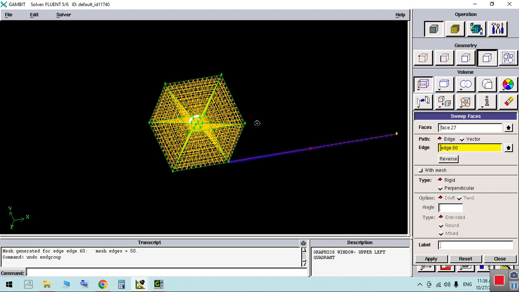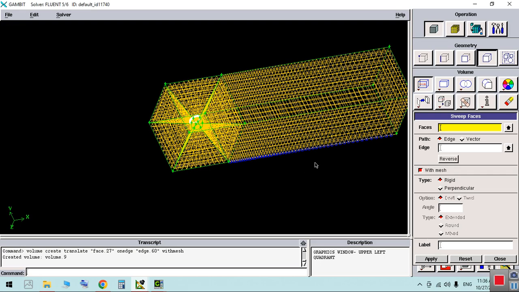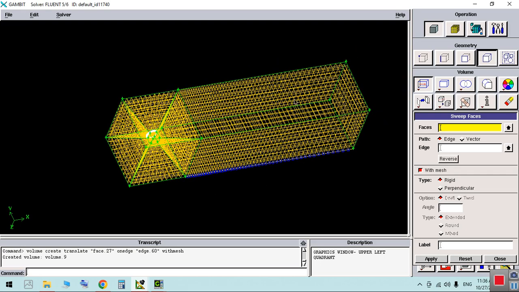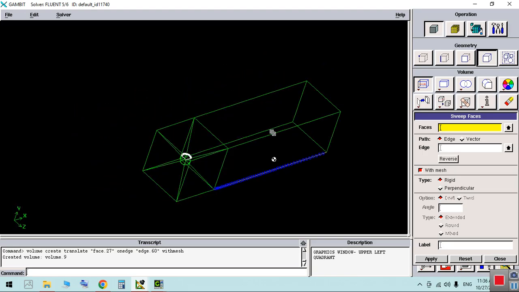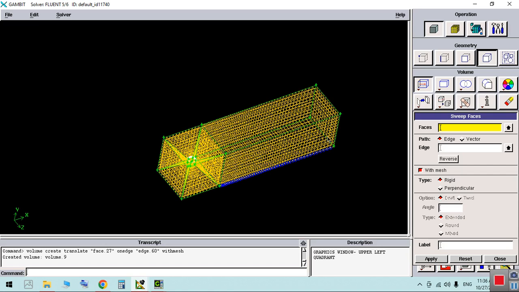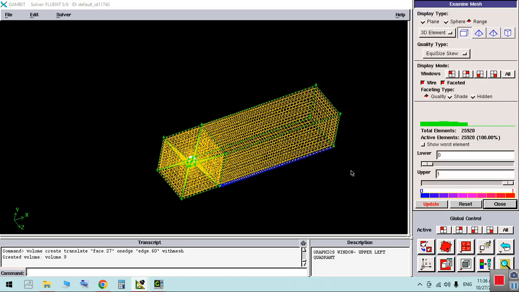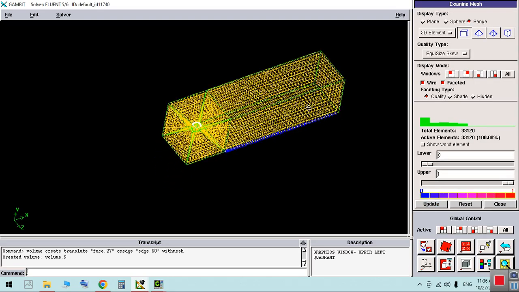But if I want to have it meshed by the pattern on this edge, it is just enough to select with mesh. Okay, apply. Well, as you can see, we have a meshed block with the pattern we defined before. Come here, update it to see the grid,